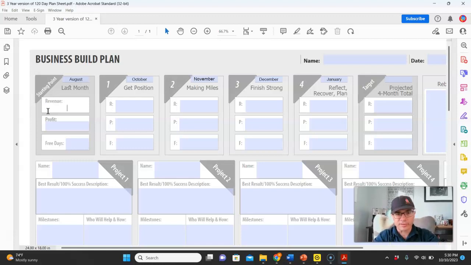And really simplistically, what we're going to do is take a look at top line revenue. What did you generate in sales? So let's just say you have a business that generates $100,000 in sales. Then we're going to go ahead and enter $100,000 there. And then what we're looking for in the net profit is, so now when I fill this out, I often fill that in with, let's say, gross profit was 40,000,